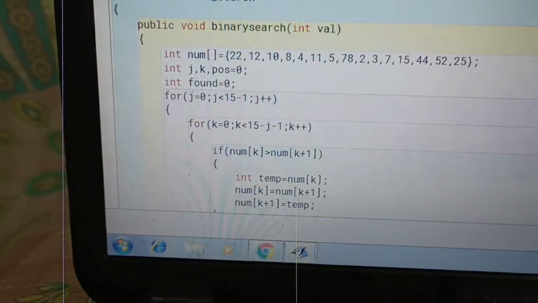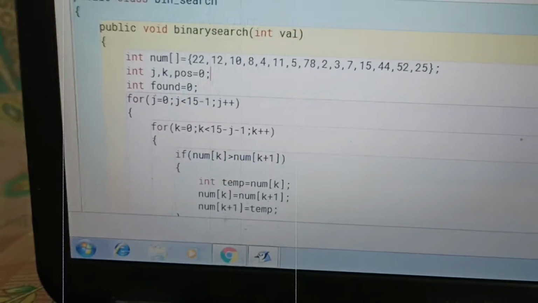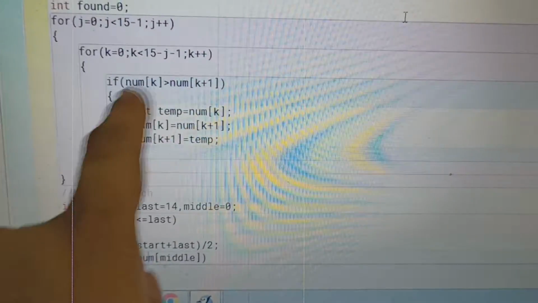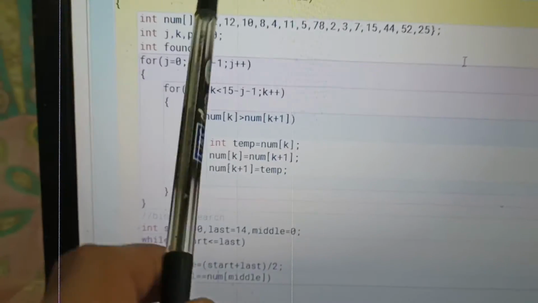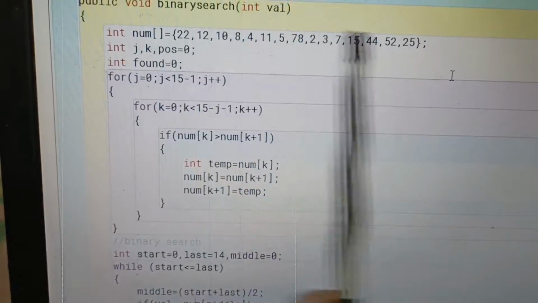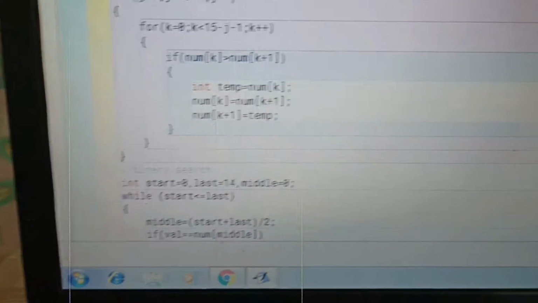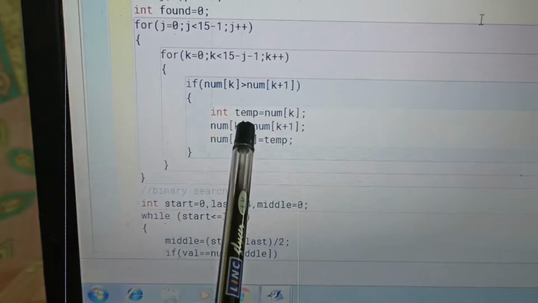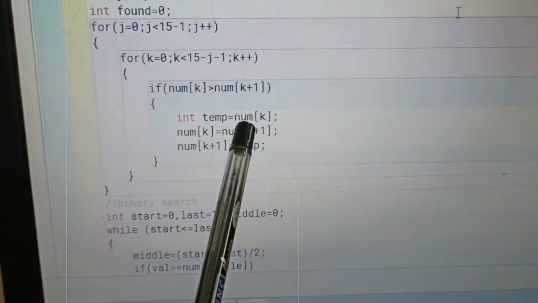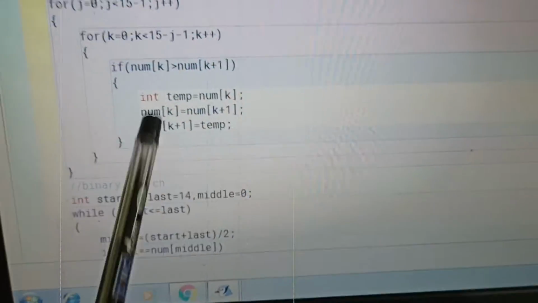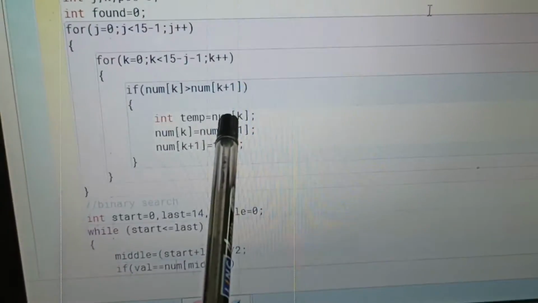Now this particular array will be sorted with this concept. We take a temporary variable, and whatever value is there is passed to this temp variable, and again this becomes empty.